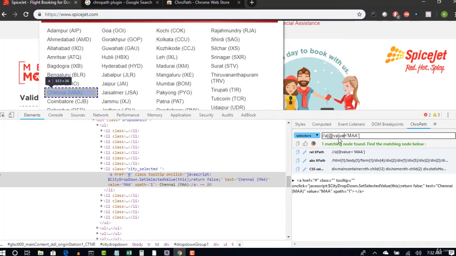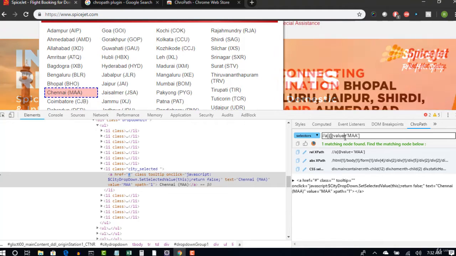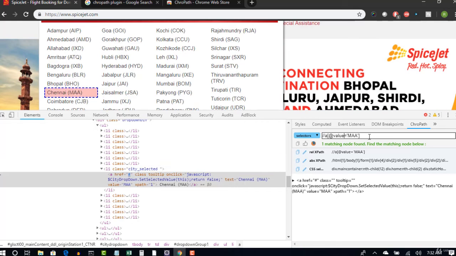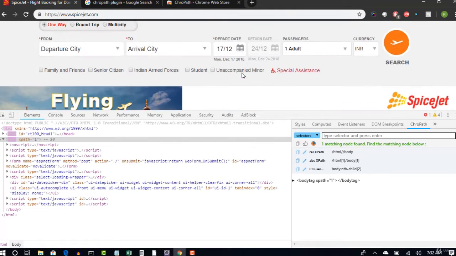I hope you guys are familiar with this syntax because we have been doing this for the last few lectures. It's just a customized XPath: // tag name [@attribute = value]. All right. Now copy this entire XPath and again refresh the browser,